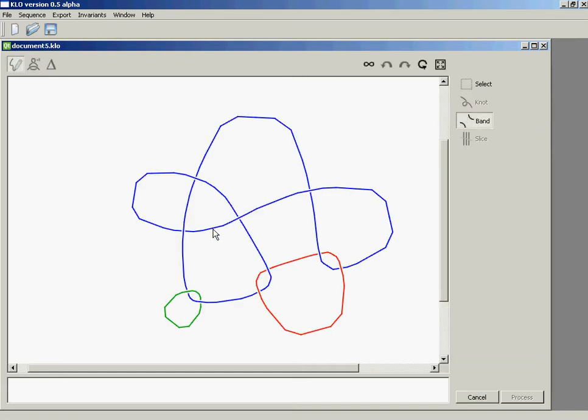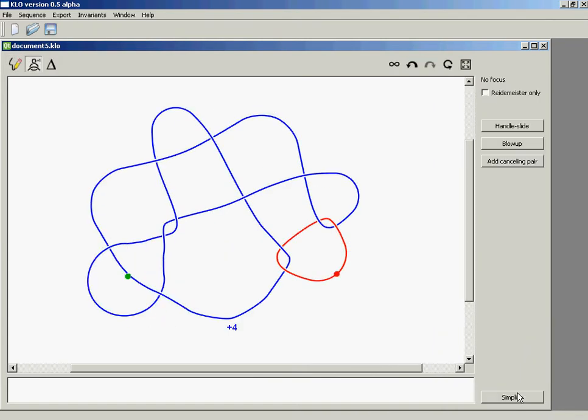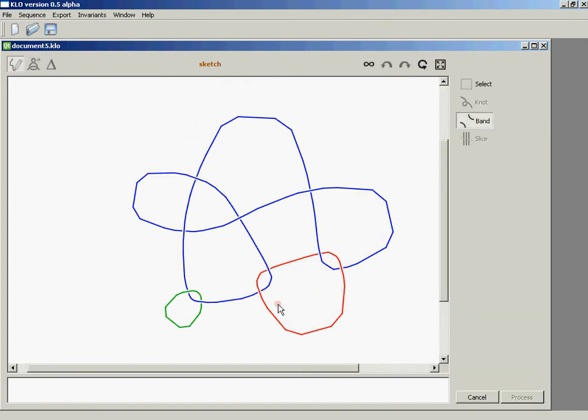So handle slides, say I can slide this guy across this one, and again specify whatever twist I like on the band. I can do handle slides of 2 handles across 1 handles. Let me go back. I can also do handle slides of 1 handles across 1 handles with a couple of